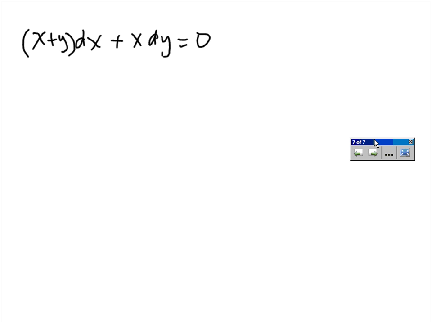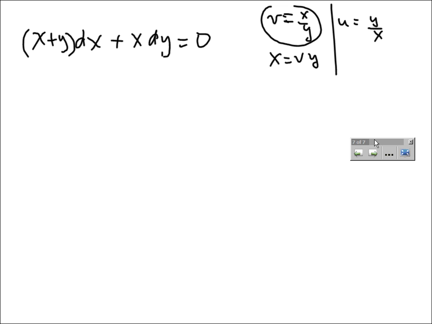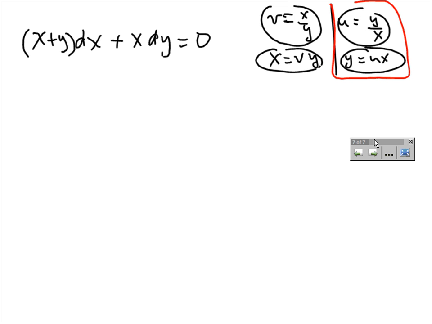I can let v equal x over y, or I can let u equal y over x. Those are my two substitutions. Multiplying both sides by y, we get x is vy. Multiplying both sides by x, we get y is ux. I tend to say those two statements, but personally, I like using this one: y is u times x,